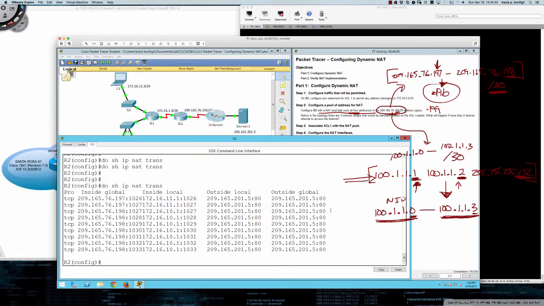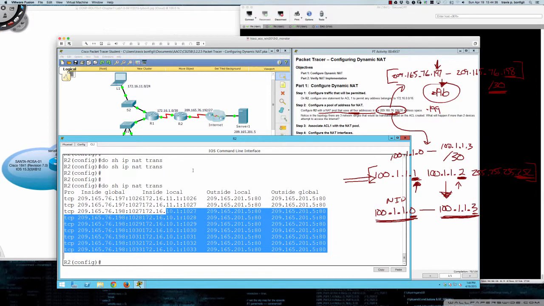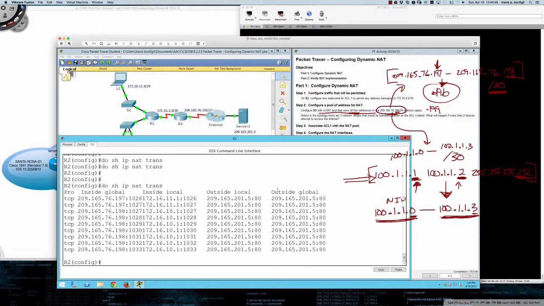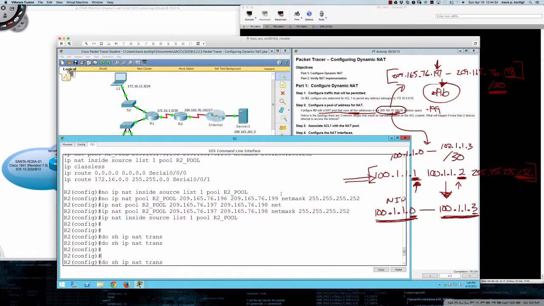Let's quickly take a look here. Do show ip nat translations. The reason there's so many entries is that when I was hitting go, go, go before, I closed it and reopened it. And you can clearly see on which host I was doing that: 10.1, which is PC1. So now the final check. Let's take a look at PC2. 209.165.201.5. Nope, it doesn't work. So again, we didn't get the points, but it's critical to understand that when you declare the pool statement, your